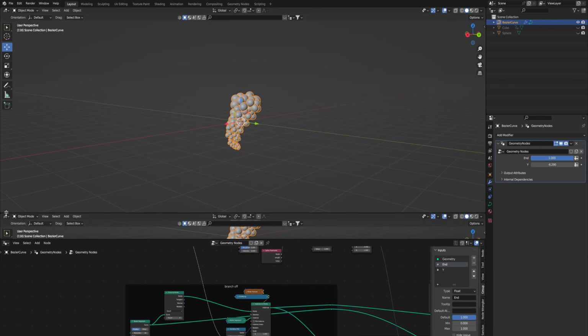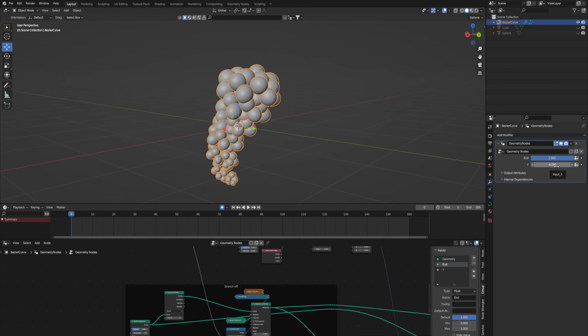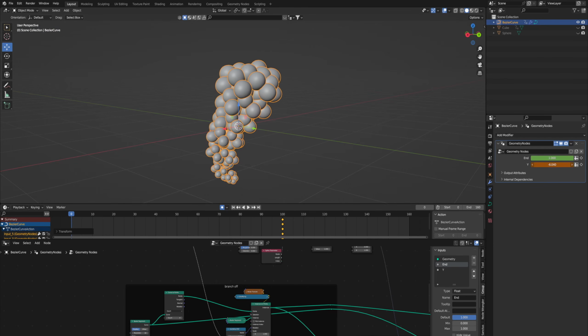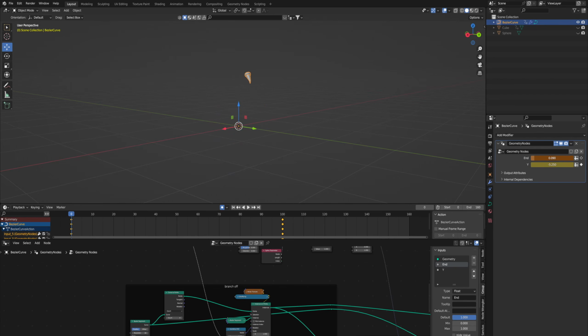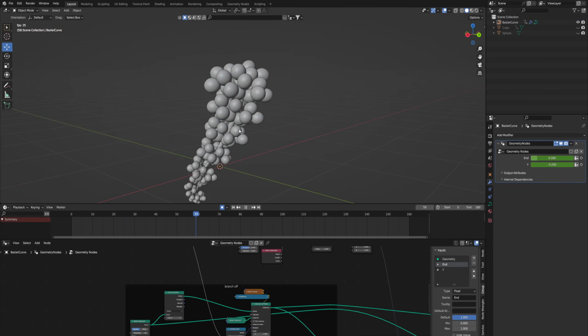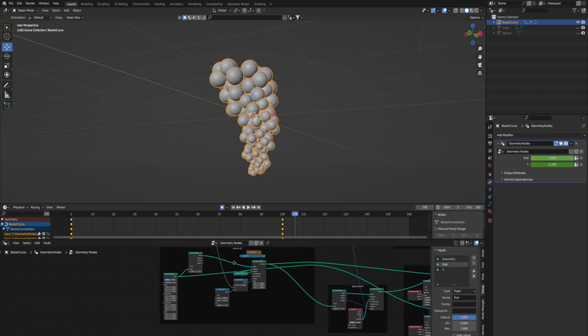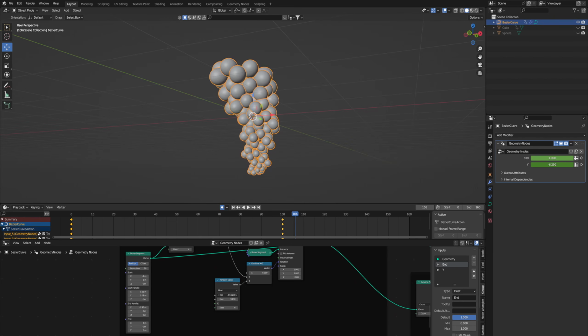So if we give it a quick animation here, frame 1, keyframe both of these, and I'm just going to drag it out to like frame 100 maybe. I'm going to take this Y value and bring it up, and then bring this growth value down to 0. I don't want it to be exactly 0, just so there's a little bit of a start. So now if we press play, it should look like they're growing. There's a couple of them intersecting. Again, it's just a matter of rotating them around until it looks good.